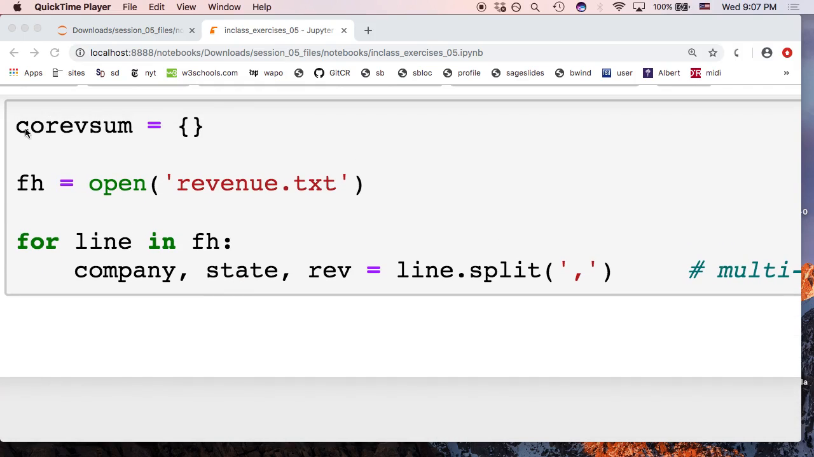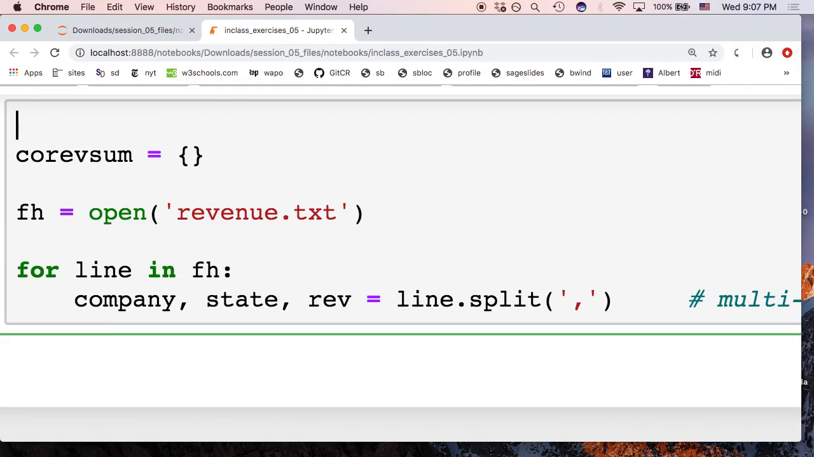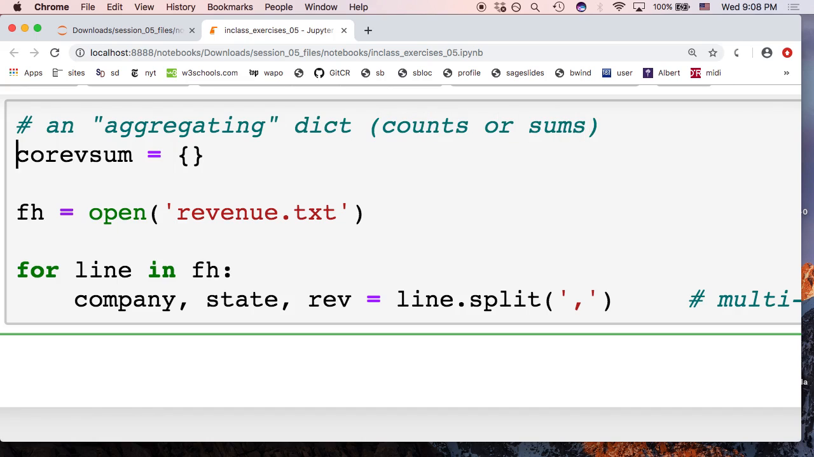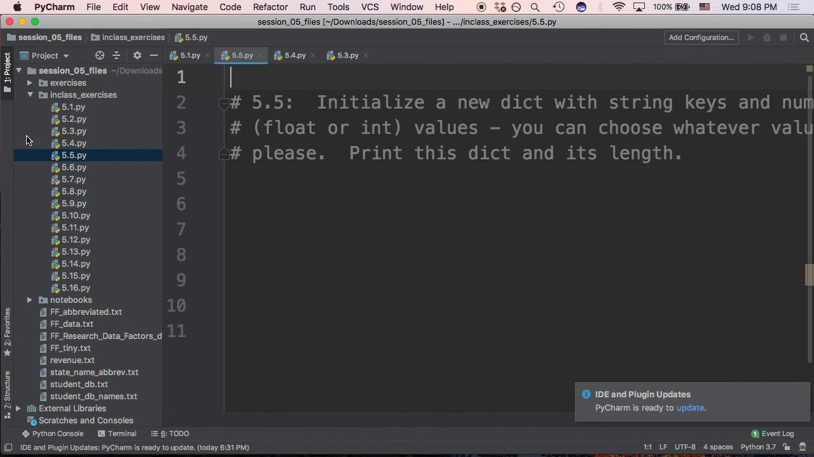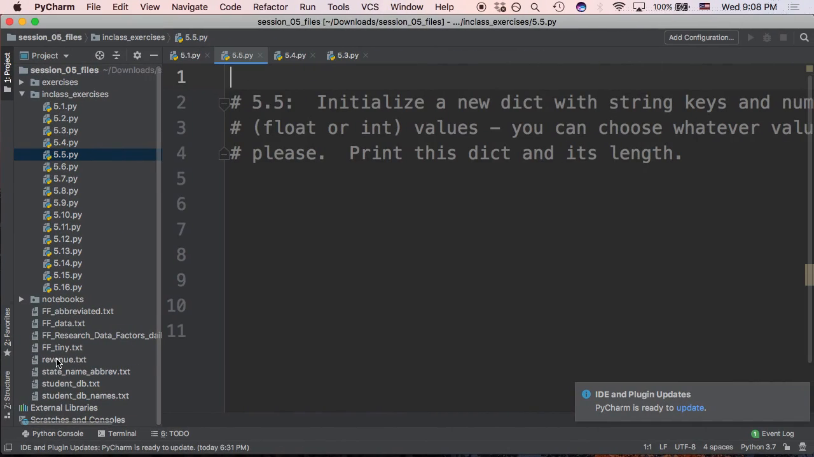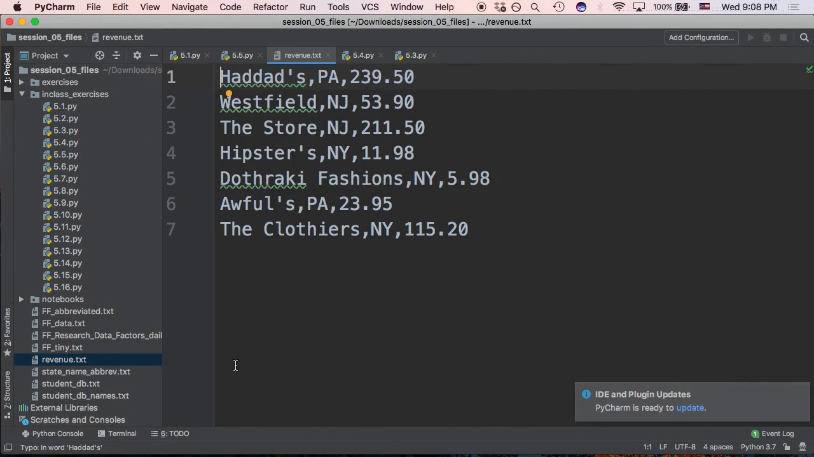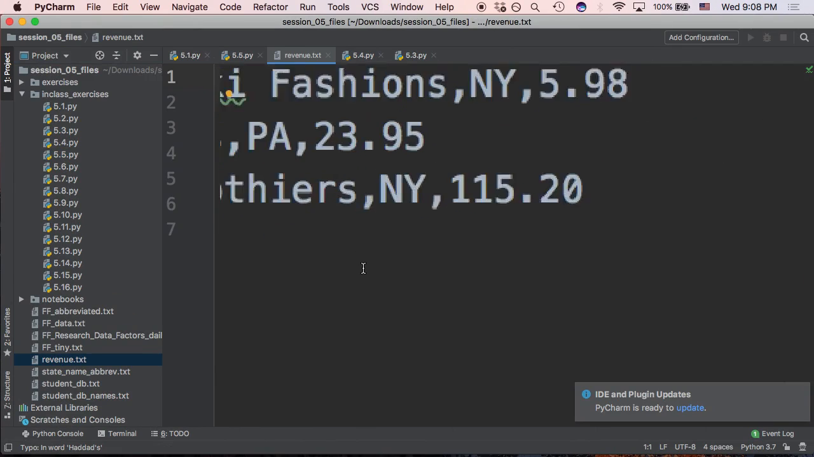The last thing that I'd like to show you is something called an aggregating dict. An aggregating dict either counts or sums. Now if we look at revenue.txt, I'll show that again in 1 second, and we see a file like this,